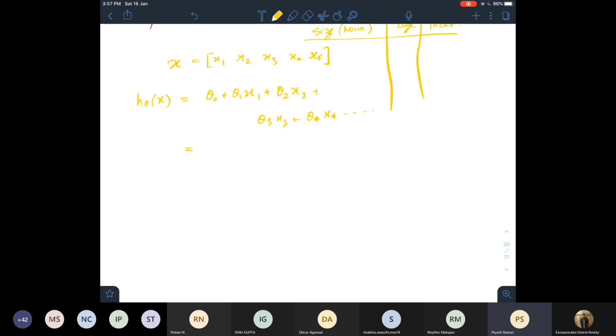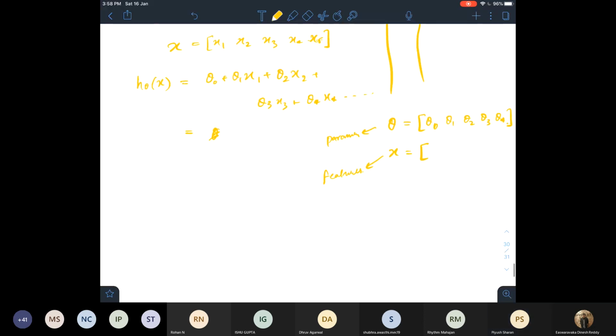Now you must have already studied matrices. You know that we can write this as, first of all, say I define my parameters in the form of a matrix. Theta is theta naught, theta 1, theta 2, theta 3, theta 4, something like that. This is my parameter, and X is my feature matrix, and this is my features. This is X1, X2, X3, X4, X5, and however many features I have.